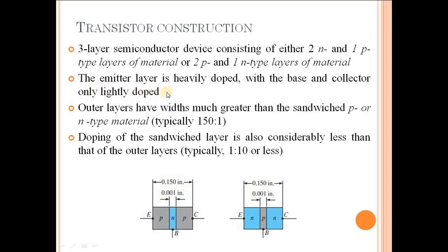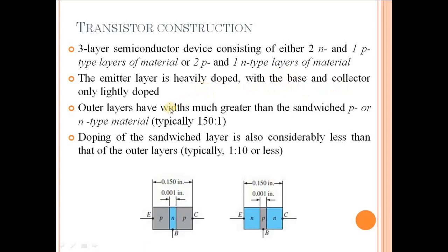So for this, it is obvious that each of the terminals coming out from their respective layers must have something unique in itself. The emitter layer of a BJT is heavily doped. The base and collector are lesser doped as compared to the emitter. The least doped layer is the base layer. The emitter is highest doped, the collector is a bit lesser doped, and the base layer is the least doped layer of a BJT.